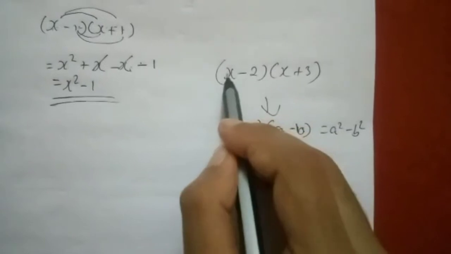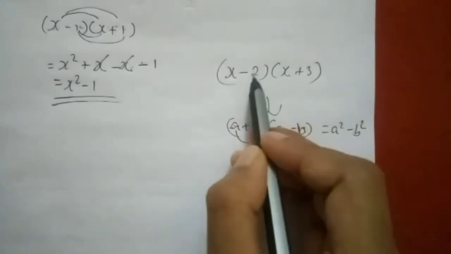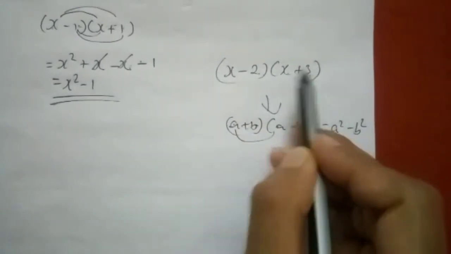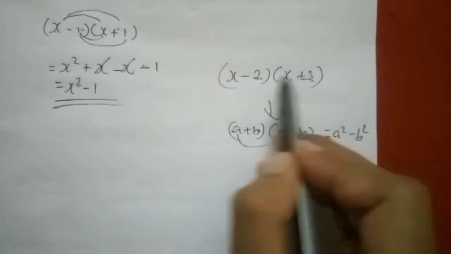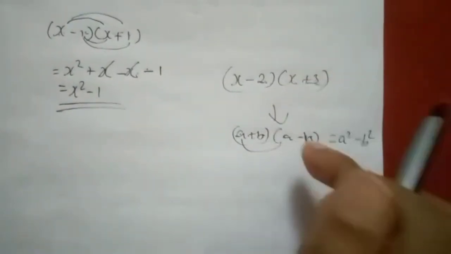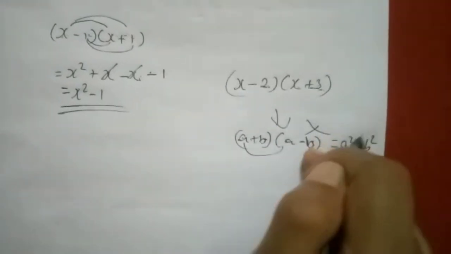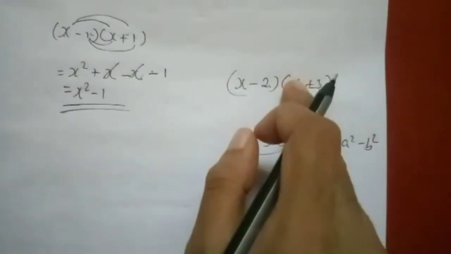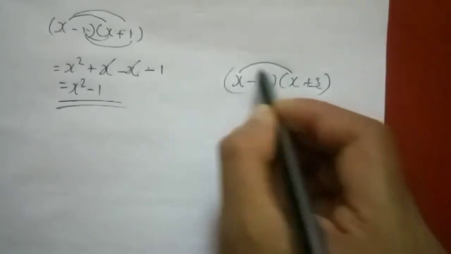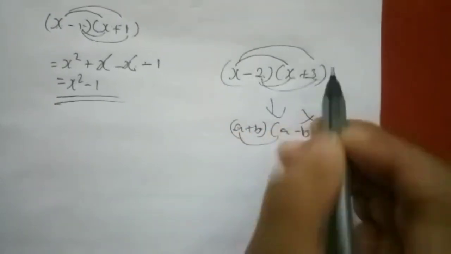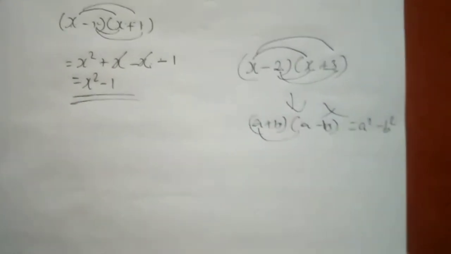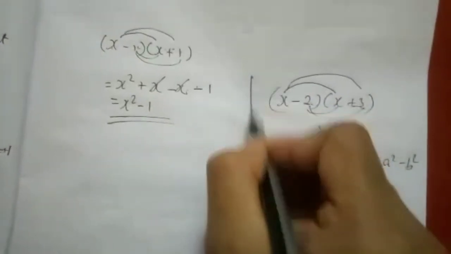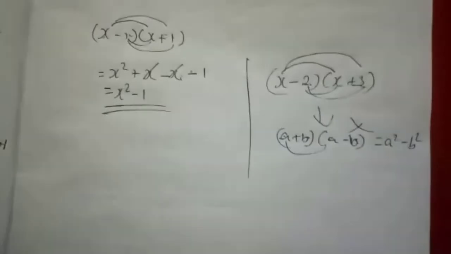But here, left hand side is same, but what about right hand side? Different, right? 2 and 3. So right hand sides are not same. So we cannot use this formula for this. In that case you have to multiply each term. Then you will get a polynomial. Understood? So this is other from what I have just explained.